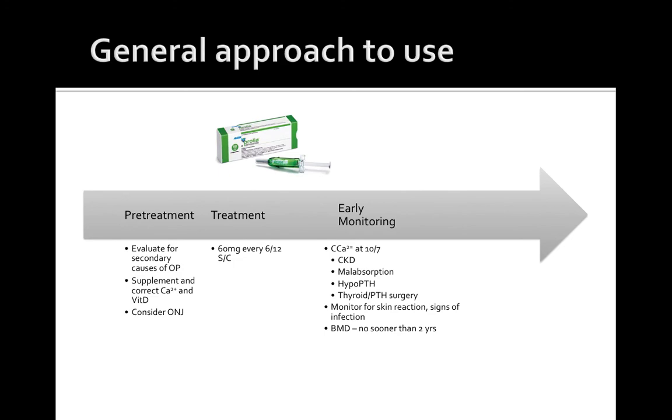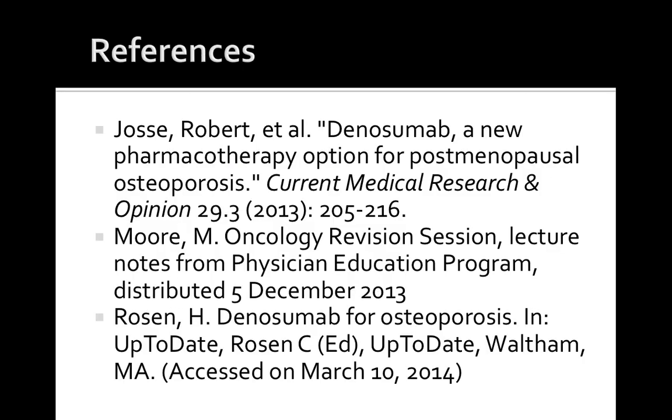And then for the people that are more at risk, you should check the calcium in about 10 days. So people with chronic kidney disease, people with malabsorption, people with hyperparathyroidism, or who have had some messing around with their thyroid in the past, you should probably do this. Patients are advised to monitor for a skin reaction like eczema or any signs of infection and to see doctors if that happens. And then bone mineral density, we're not really sure when you should do this, but the recommendation at this stage is probably no sooner than 2 years. And so that's really all I've got for